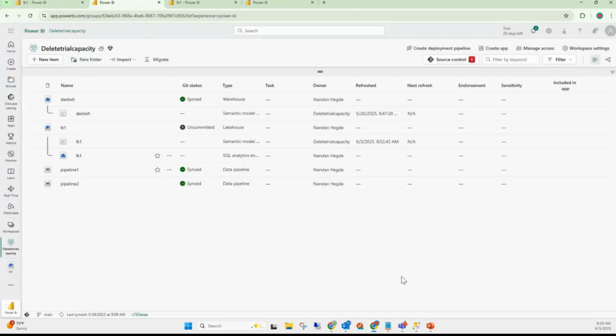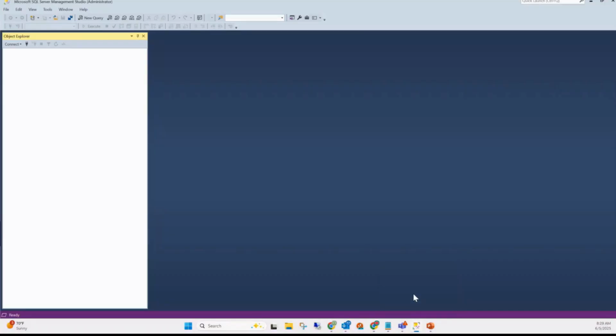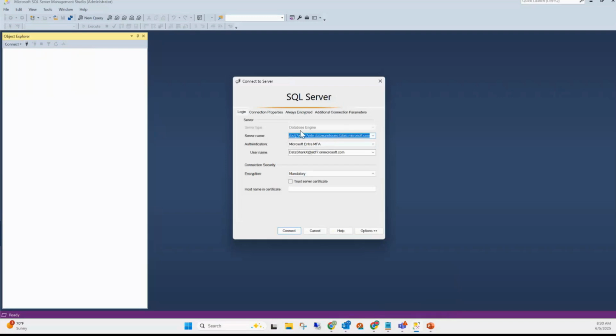So I copied it. Now let me go to SSMS. In that, click on connect. And since it's a database engine that I'm trying to connect to, I'll click on database engine. Now in the database engine, provide the server name that I had copied, that you all had copied. And then